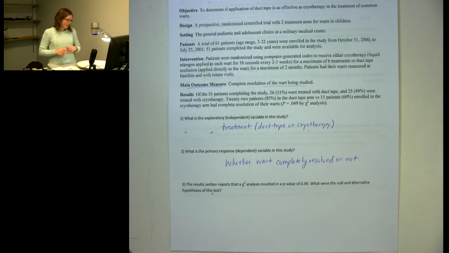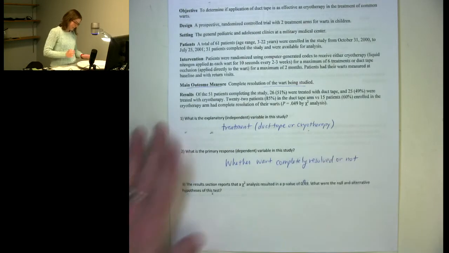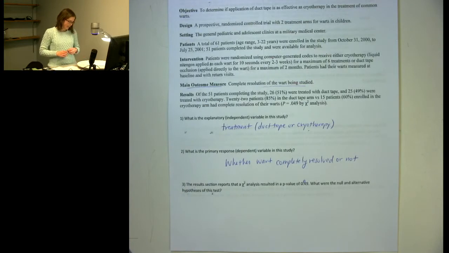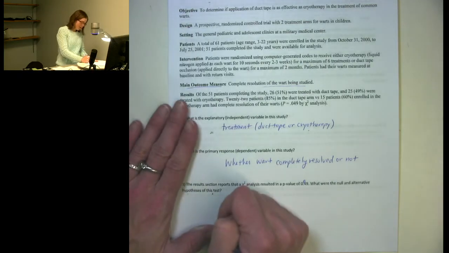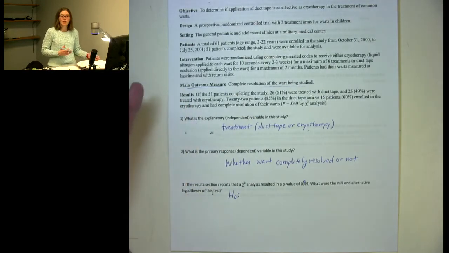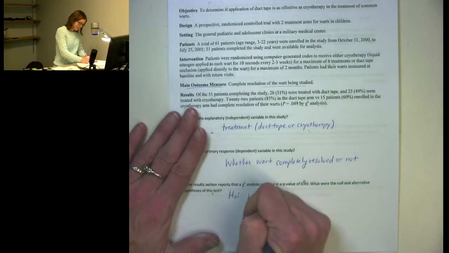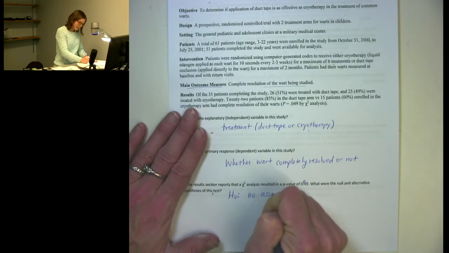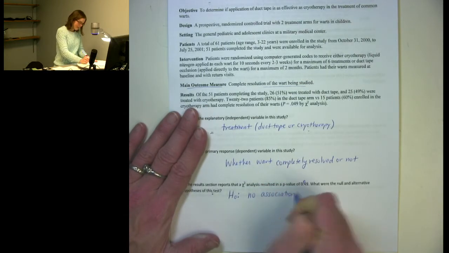The results section reports that a chi-square analysis resulted in a p-value of 0.049. You can see that that's a typo. And we want to know what were the null and alternative hypotheses for the test. When we do a chi-square test, a chi-square test always has the null hypothesis that there's no association between the variables. So in this case, it would be no association